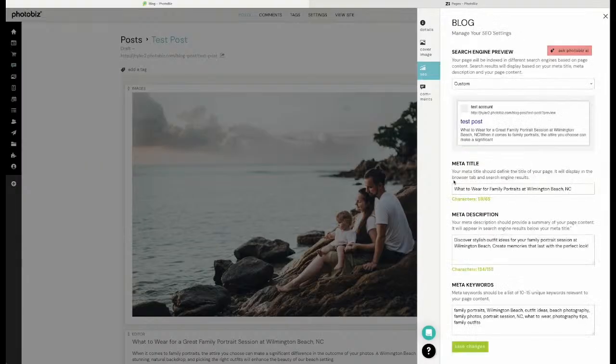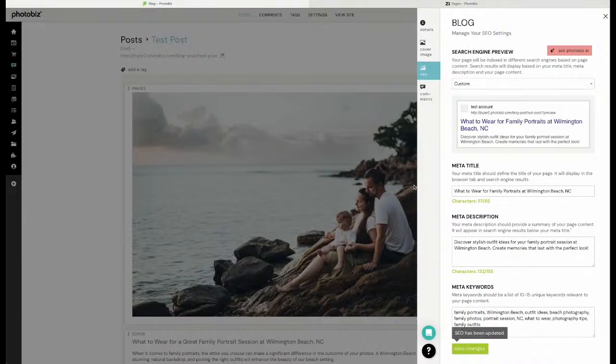There we go. The meta title is now what to wear for family portraits at Wilmington Beach, North Carolina. Stylish outfits, create memories. This is way better description than what was there. It was just taking what was there from the initial, right there from the start. Now it's got actual depth to it. And look at these meta keywords: family portraits, Wilmington Beach, outfit ideas, beach photography, portrait sessions, what to wear, photo tips. So now this is a great title, this is a great description, and we're ready to publish